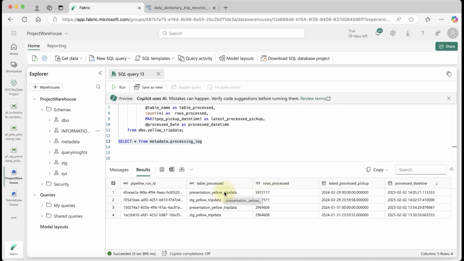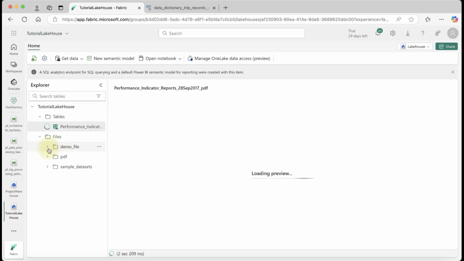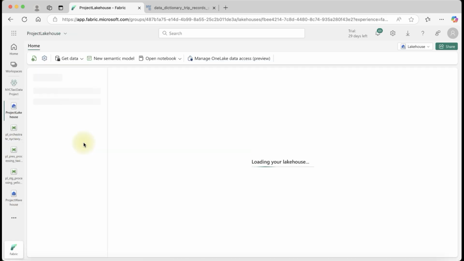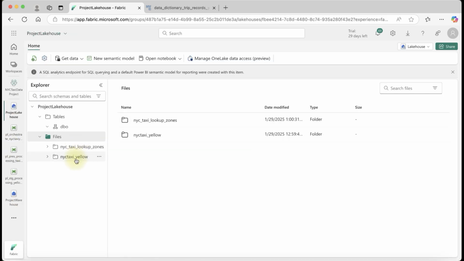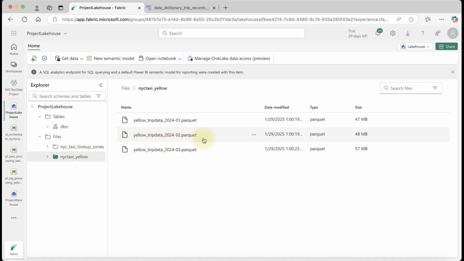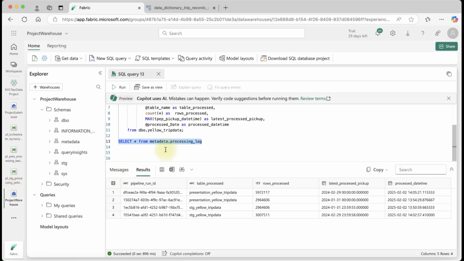Okay, so each time I run this pipeline, it processes a new file from our project lakehouse. This is project lakehouse, and in yellow data this time the February file is processed. When we run again, then the March file is processed. Let's go to project warehouse again, and if I query